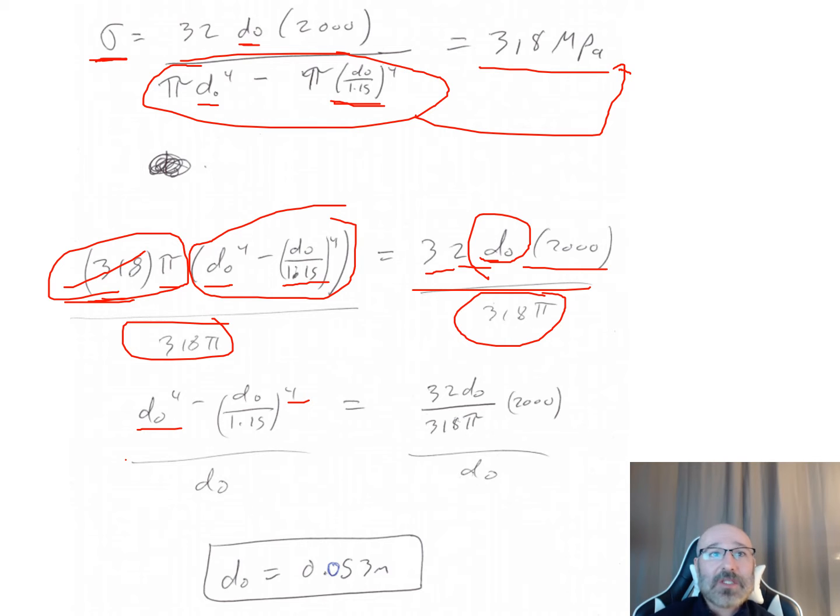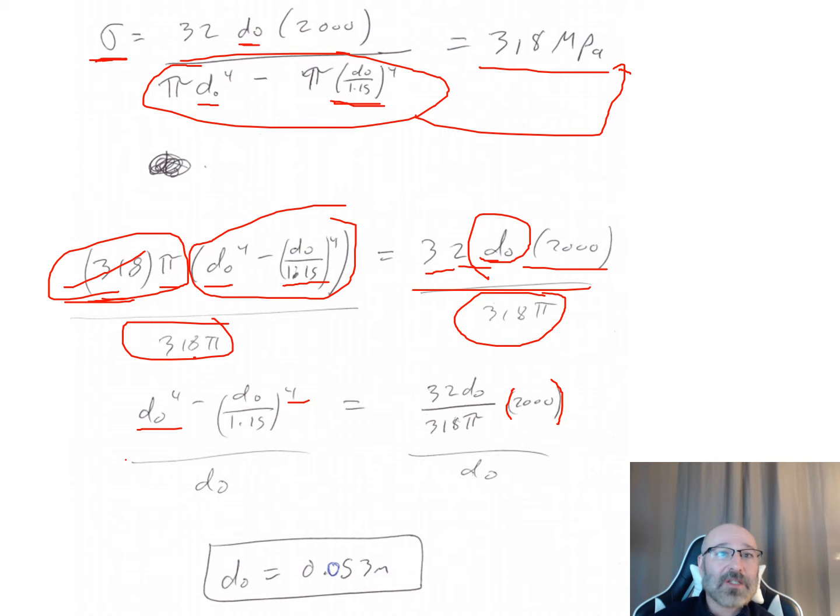And then over on the right side, when I've moved this over, my 318 pi over here, I can move that up here. So it's 32 DO over 318 pi right there. Now what I can say is this is times our 2,000 right there. So with that right there, now I can look at this and simplify this down a little bit,